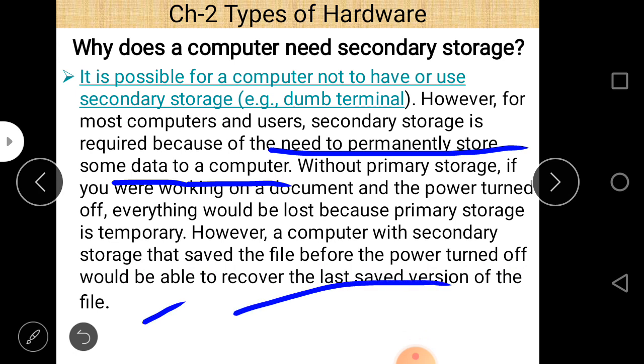So overall, we can say that we use secondary storage devices to save our data permanently into our computer system. If we use only RAM, that is random access memory, our data is lost when the power supply is off, or there is no power supply. So if you want to save data permanently into your computer system for future reference, you can use secondary storage devices. And one thing to always remember is that primary storage has a higher speed as compared to the secondary storage.